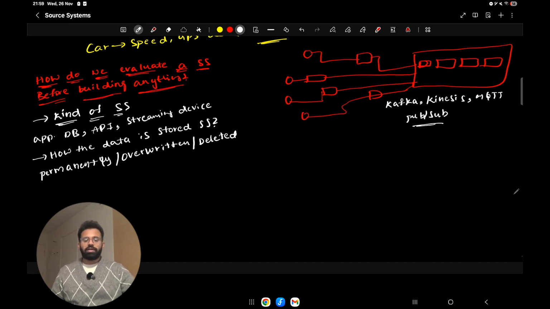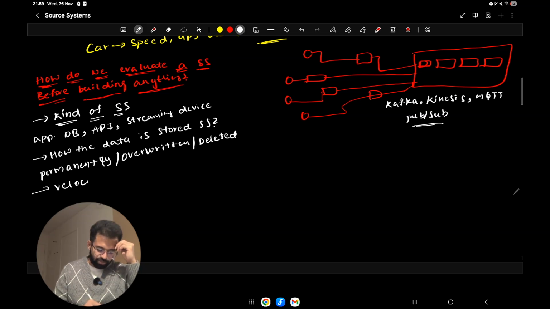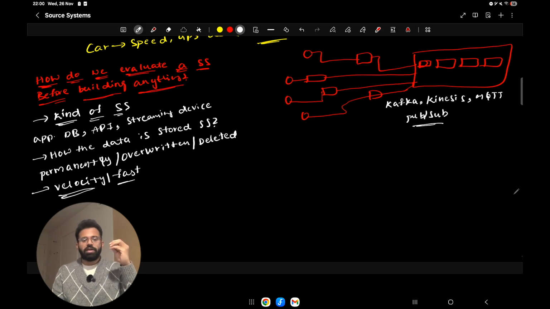And then one more important point that we also touched upon a little bit already. You also need to know the velocity at which data is getting generated. So basically, how fast is your data getting generated? Whether it is some tens or thousands of records in an entire day, or whether it is thousands or millions of records or transactions in a second or in a minute. So you need to understand that.